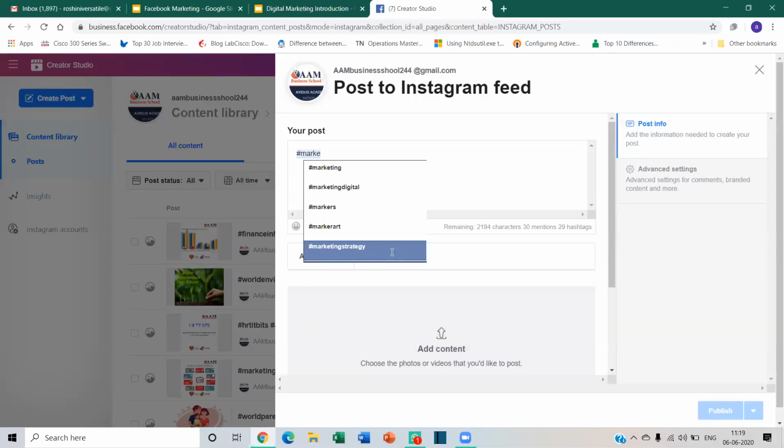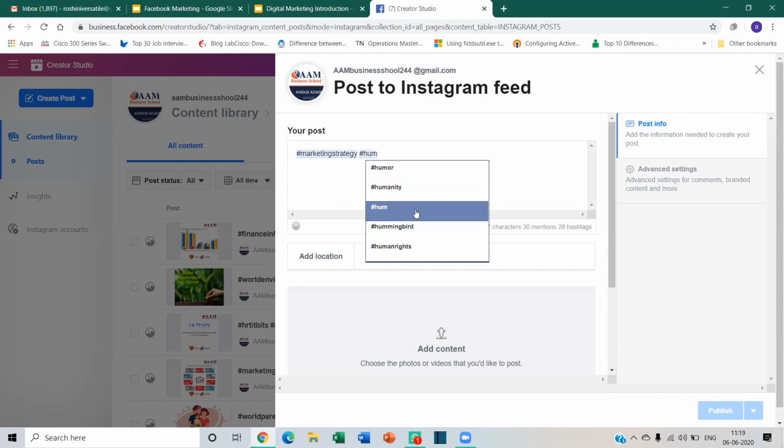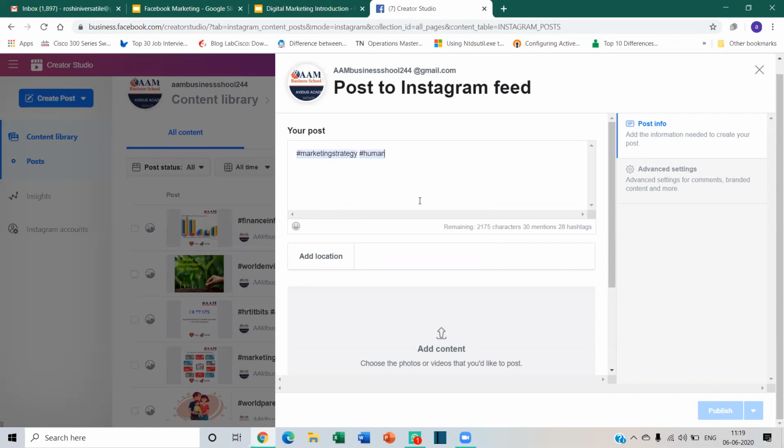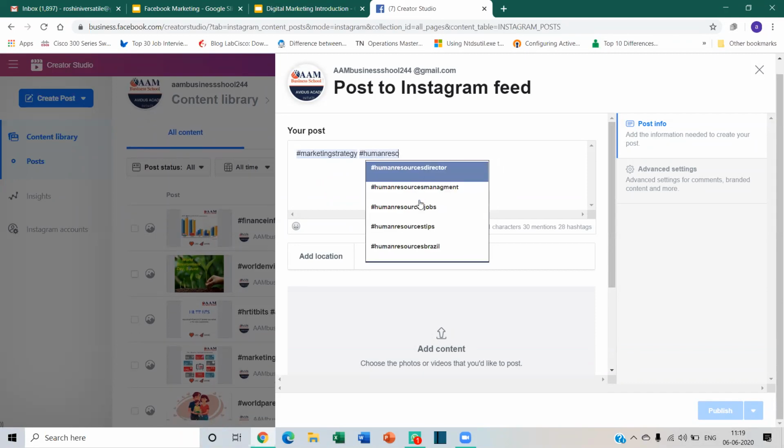For example, you can do marketing strategy, human resources, whatever comes, you can type it. But these are things which people search. So these hashtags are already popular, people do searches based on them, and there are already postings related to these hashtags also.